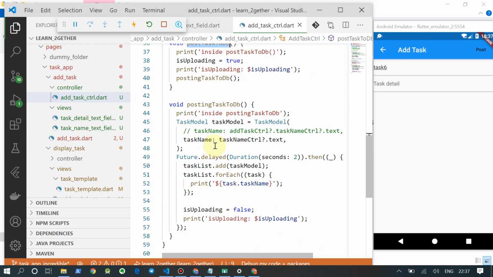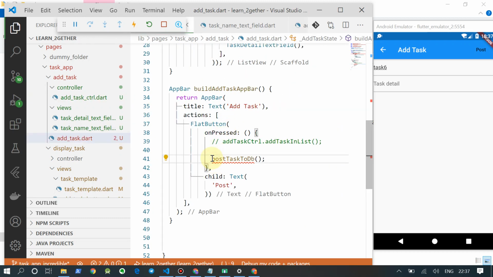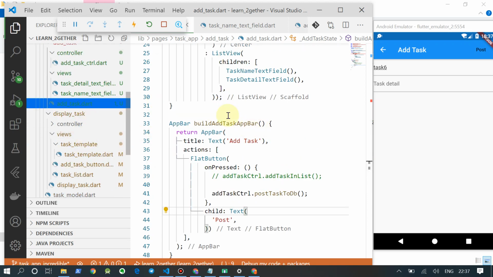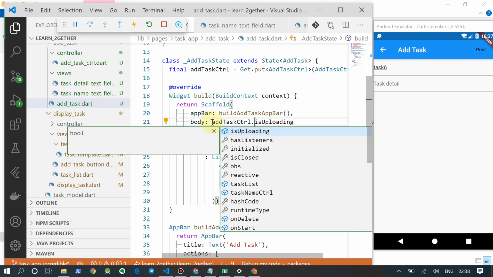Fine. Now again it won't work actually. Okay, first we have add task ctr control. Again it will show error. Okay, where's the error again? Okay, it's uploading. Here we can again check add task ctr dot is uploading.